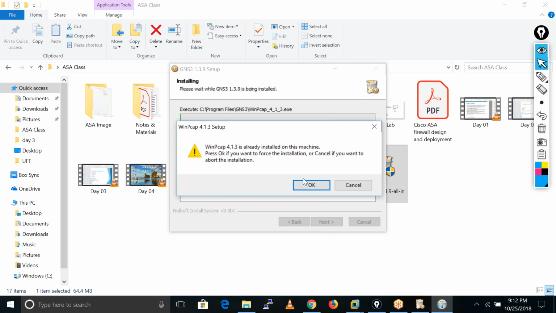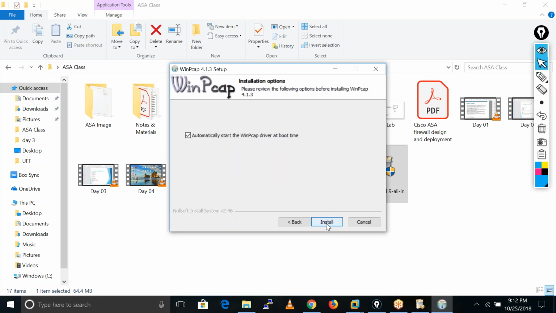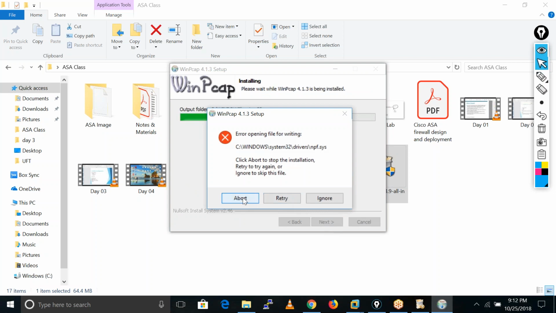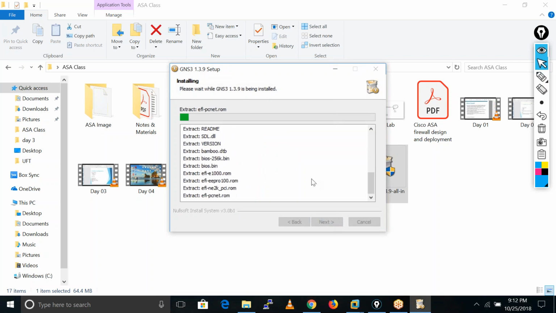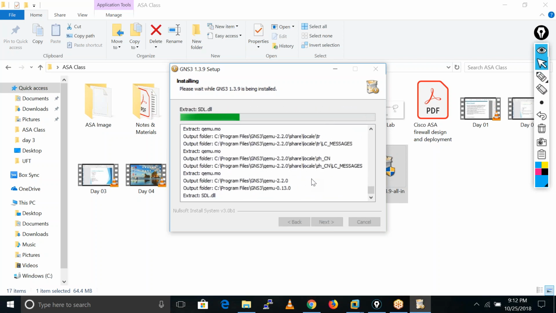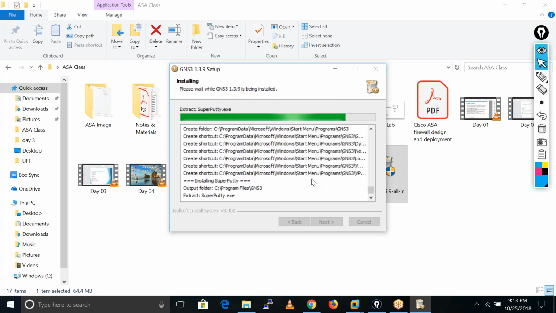I already have this installed, that's why I'm getting this error. So you just ignore this one, because I already have these things installed in my system. That's why I'm getting these errors; you won't get any of these errors. Now complete the installation today itself, so that you can start your labs. Since you have this Saturday and Sunday, if you have time, you can complete at least some of the labs on these days.